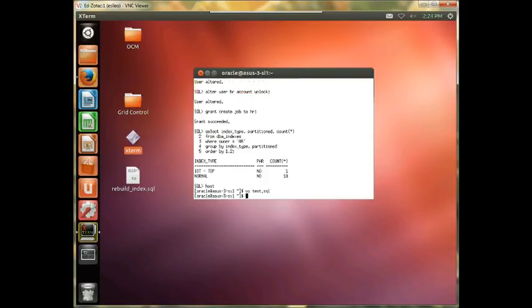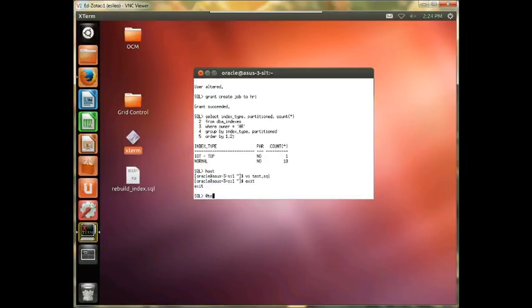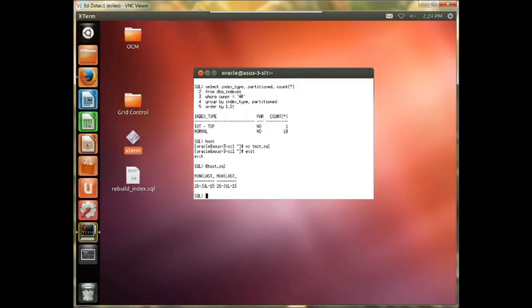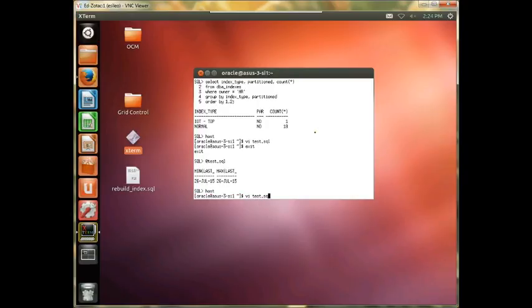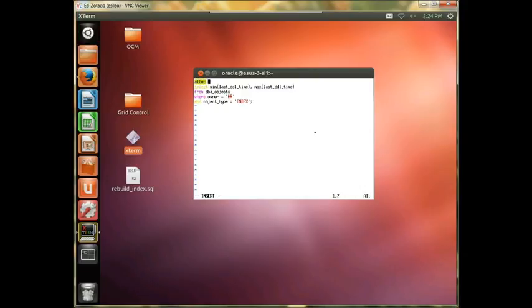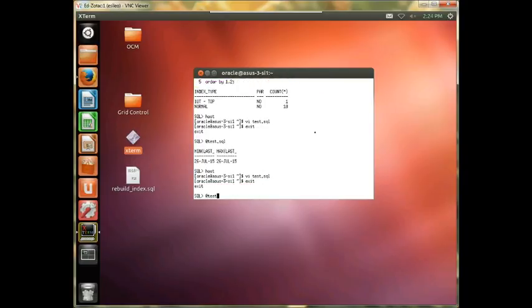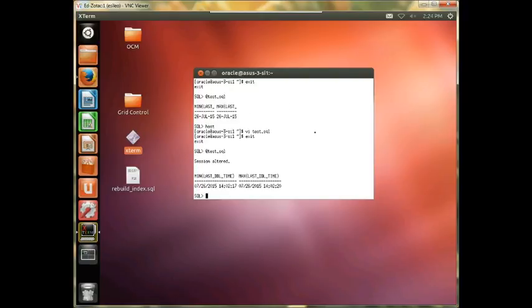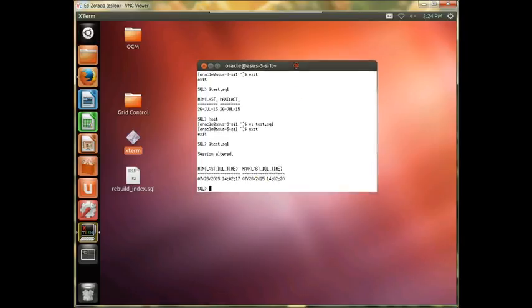So let's call it test.sql, make sure. Okay, what we should also do is host test.sql: alter session set NLS date format is equal to mm/dd/yyyy HH24:MI:SS. Test.sql. All right, so this is currently the last DDL time